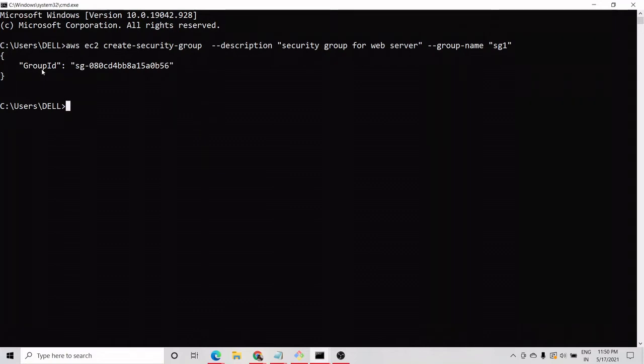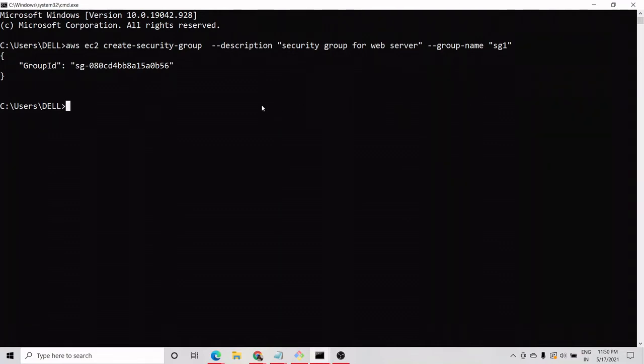So this gave me the security group ID, and as security group comes under EC2 services, we need to give a description for the security group and we need to give a group name. So these two are a must option for security group creation.